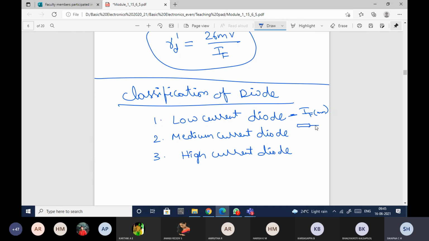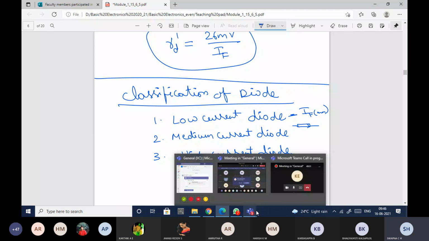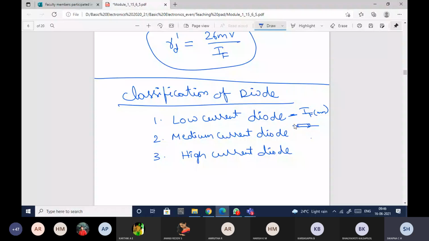How many of you have seen the diode? Anyone of you have seen the diode? Anybody have seen the diode? Okay, tomorrow I'll show you the diode. Right now I cannot take it out, I have the diode in my home. I'll show you the diode. Nobody in the class has seen the diode? Those who have seen can reply to me. Yes, ma'am. Okay, fine. So I'll show that, because most of you have not seen.